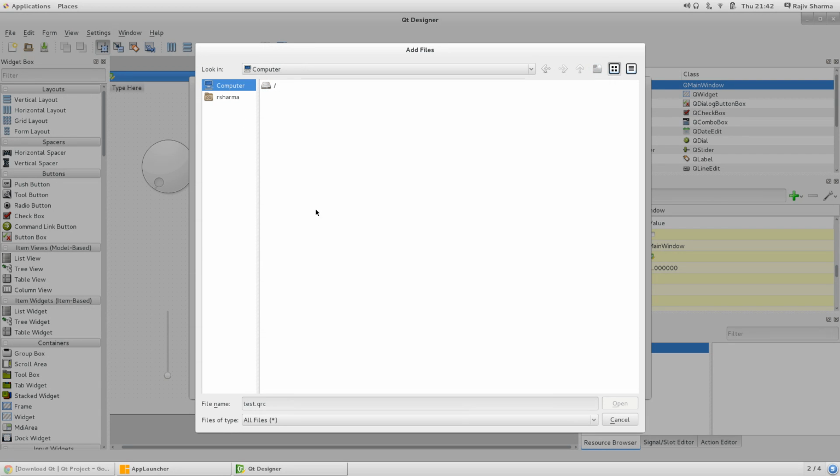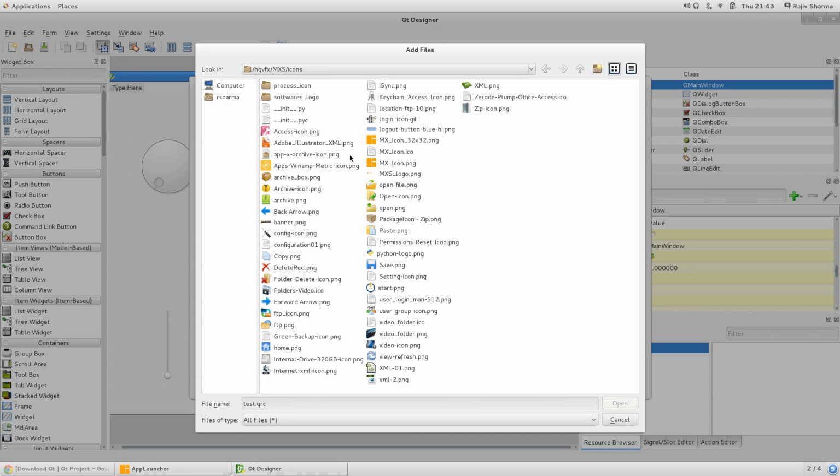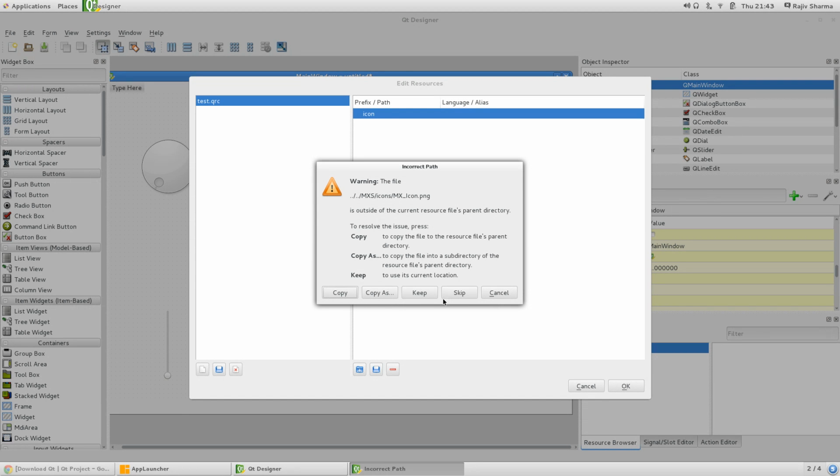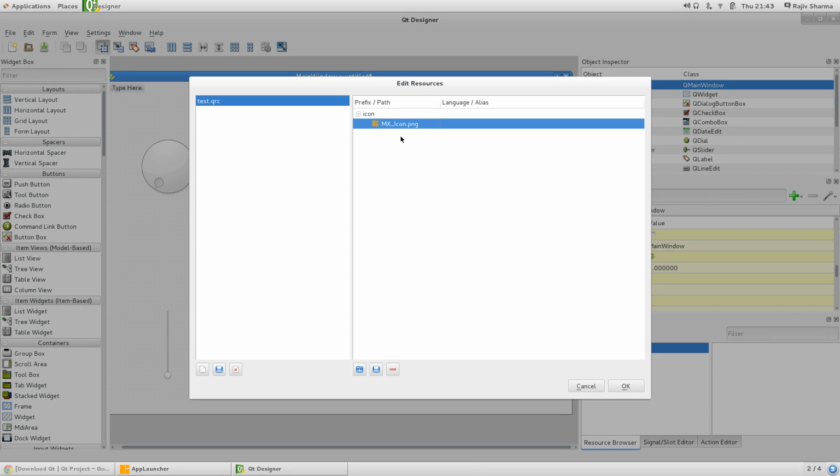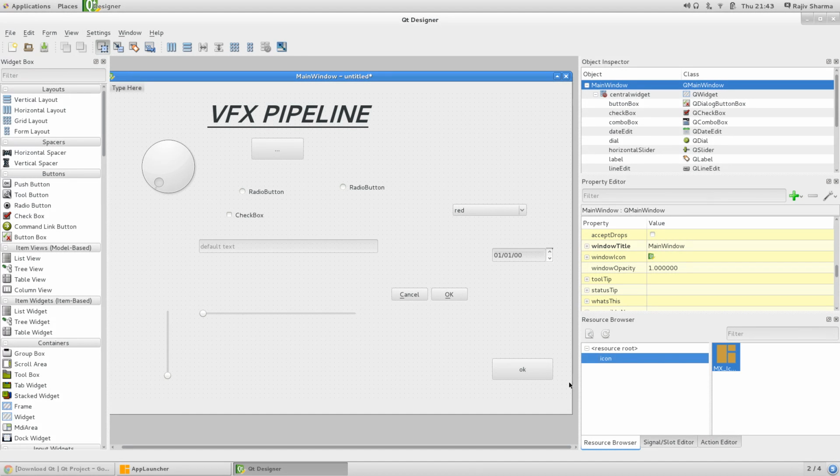Okay, so I will quickly add a few icons which I have. I will add my icon. Okay, copy, and okay, I have one qrc file here. Now what I want to do, I want this icon to be placed here because this is the logo icon of my application. What I can use, I can use a label,